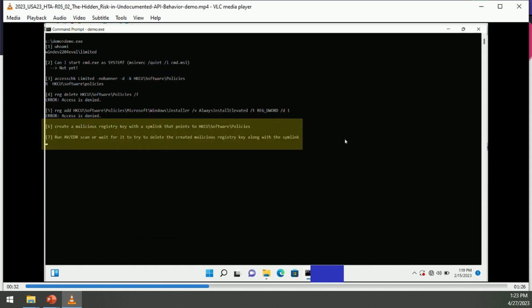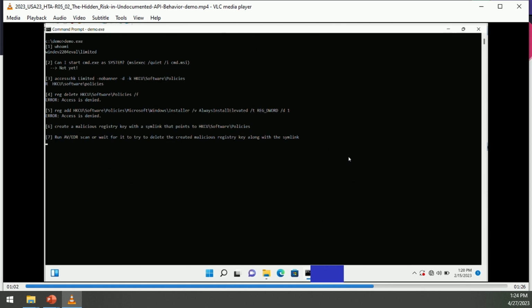By the way, these blue rectangles are just for me to hide the identity of this AV, because I just thought it wasn't fair to pick up on one when there are many that are vulnerable. So the quick scan is running in the background, and what it does, it's scanning the registry, and it has a list of bad known registry keys as part of its definitions, and if it finds the one I created, it will just automatically try to delete it, including the symlink I created. It will try to follow the symlink and will end up deleting the policies. So it's running here, as you see, and soon it will delete the policies keys as a result of it trying to delete the symlink.